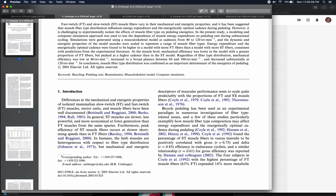want. So they suspected here that perhaps the distribution of fiber types in your muscles might explain why some people pick different pedaling rates than other people, and why this could also possibly explain why folks tend to not pick the pedaling rate that is energetically optimal necessarily, that maybe they're optimizing on some other criteria related to their muscle fiber composition here. So to investigate this sensitivity of pedaling rate and pedaling energetics to the fiber composition, they used